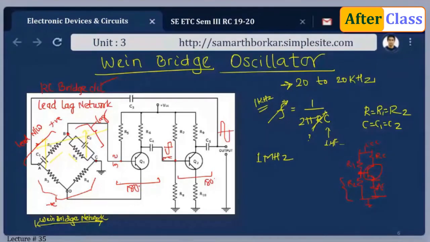For example, if I say that the condition of 360 degrees is met with transistor 1 and 2, why not just take the output from here and give it to this particular input? Logically it seems correct, isn't it? I am having a 360-degree phase shift. If I control the feedback, how do I control the feedback? By placing a resistor here, so that will drop a certain amount of voltage. I control the fraction of output voltage that is to be connected to the input.